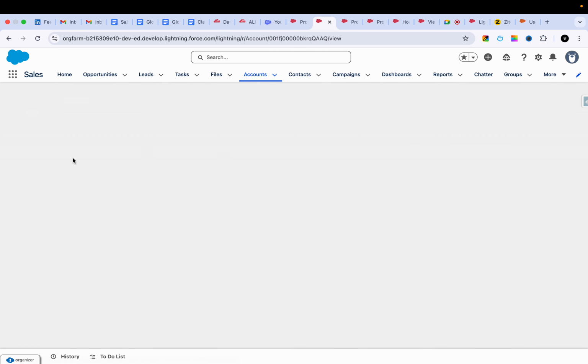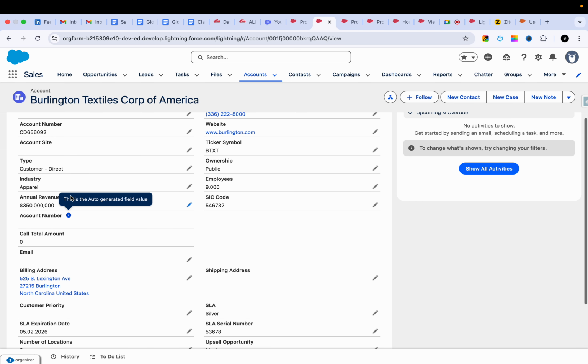But let's say I take annual revenue. The annual revenue field should be visible only for particular profiles. The sales profile can see this field, and the service profile should not see this field. It can be controlled by using the FLS. So here we have view all fields. When you select these fields, FLS